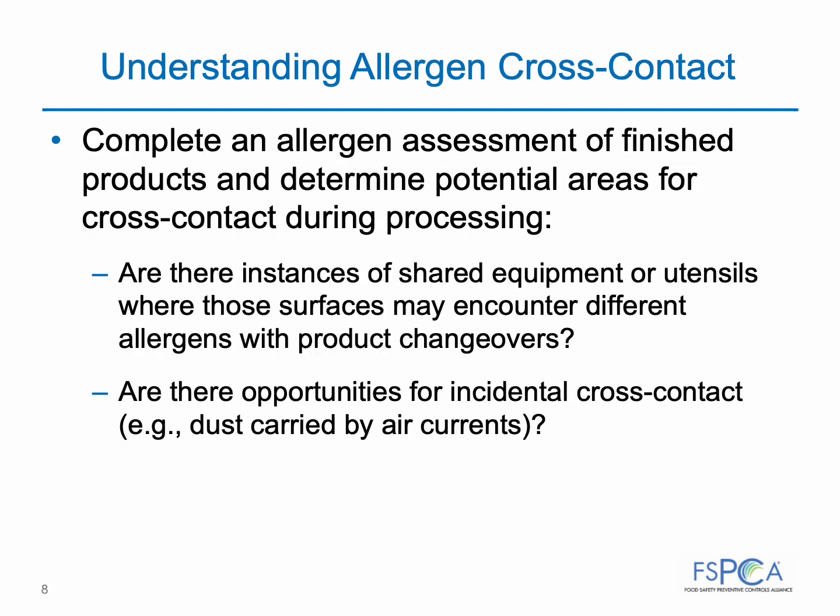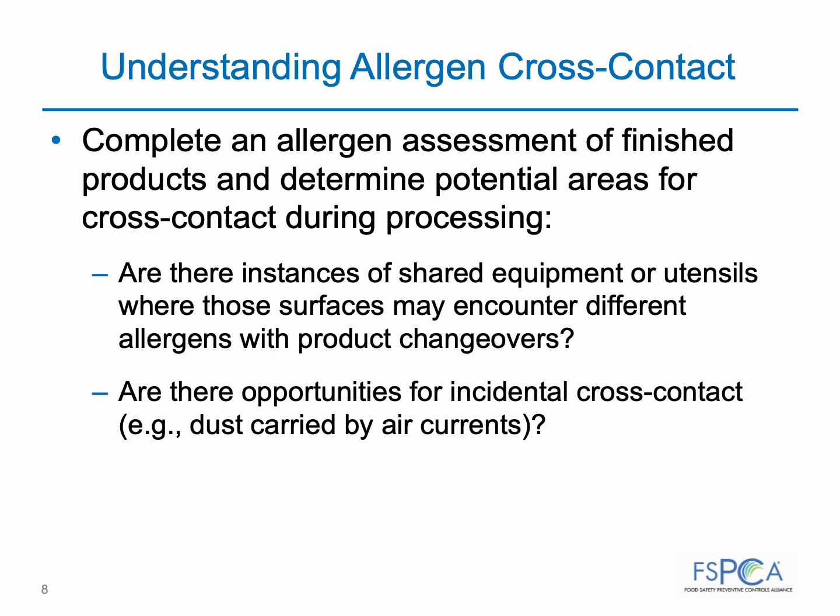Cross-contact occurs when a residue or trace amount of an allergen unintentionally contaminates a product that doesn't have that allergen. Such occurrences are sporadic. Managing cross-contact starts with knowledge of what allergens are used in which products and where potential environmental or incidental exposure could occur during food processing or handling. Exposure could happen when multiple foods